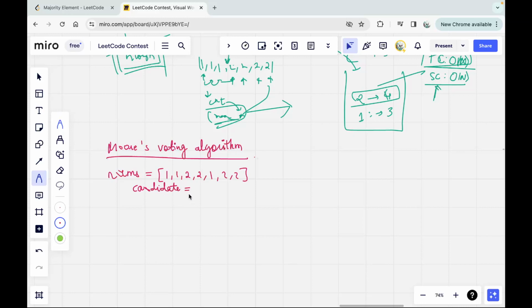So what is a candidate? Candidate says, I am the majority element. So you will initialize this to nums of 0. Now, you'll start iterating in nums from i equal to 1 to n. Now you will check if the current element that you are at is equal to candidate. Here you will also take a count variable, initially it will be 1